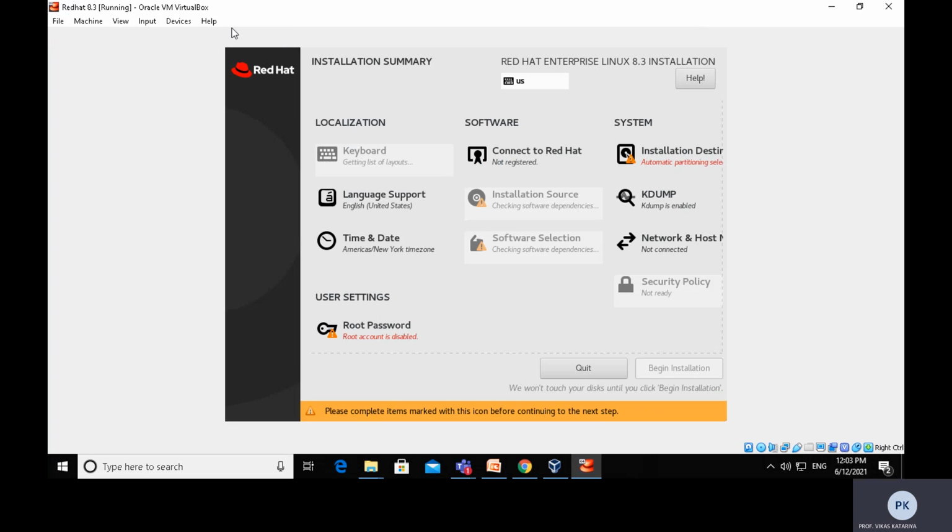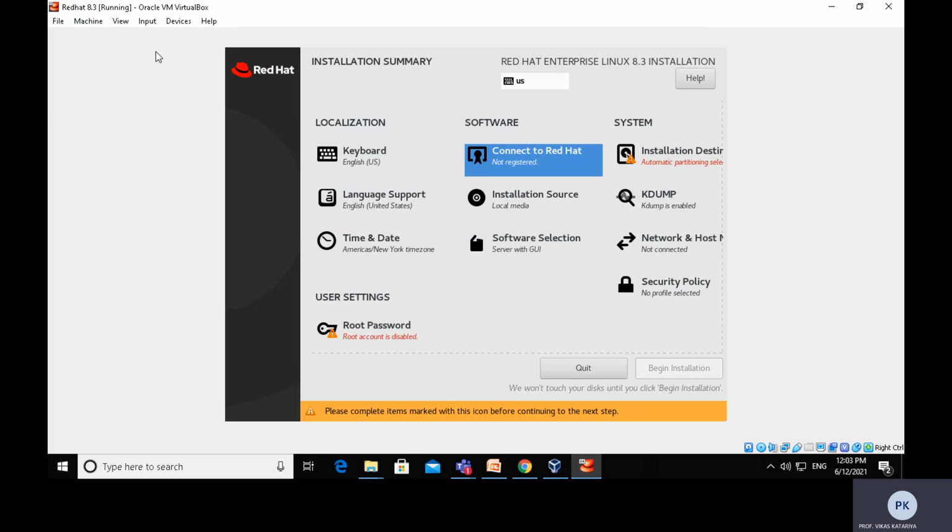Now this is a very important window. Here you have to select so many things. In the localization section, you have to select the keyboard. In language support, you have to select English. For date and time, you have to select Asia, then Calcutta.